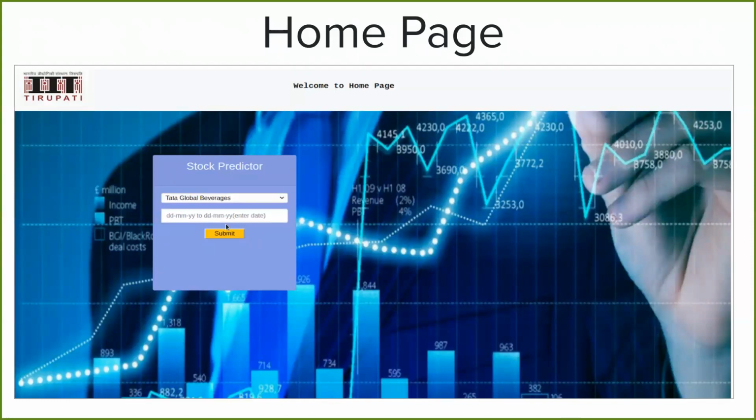When we select the submit button, the information is transferred to the backend process, where we have already saved the trained models, and it will automatically predict the stock price for the given date.